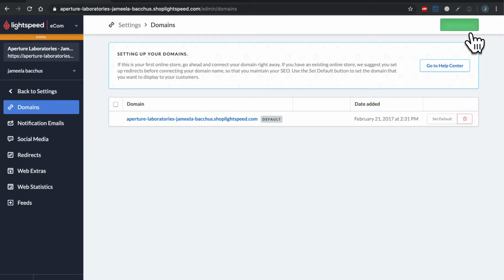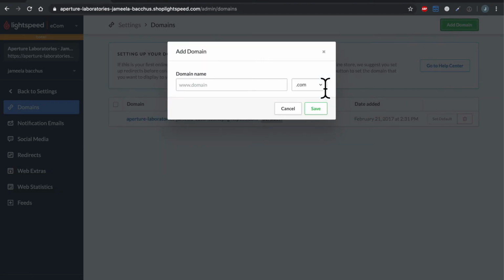Add domain like this. It's important to note you do need to purchase your domain before this is possible. If you haven't purchased a domain, you won't be able to do this. The domain that I've purchased today is